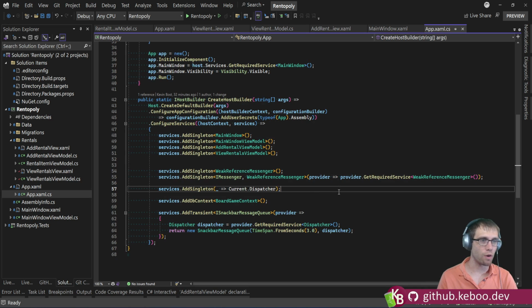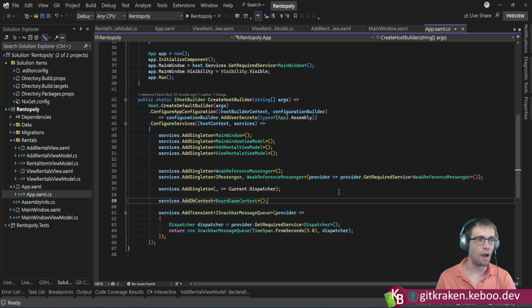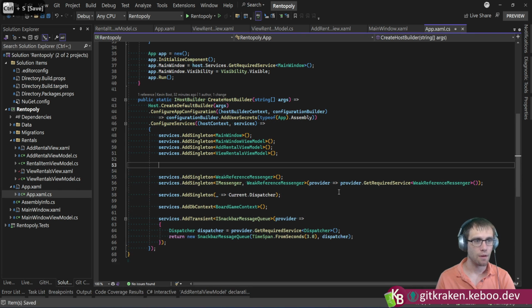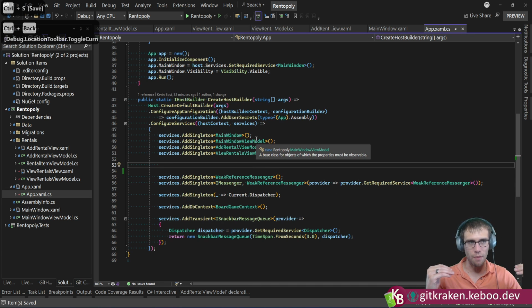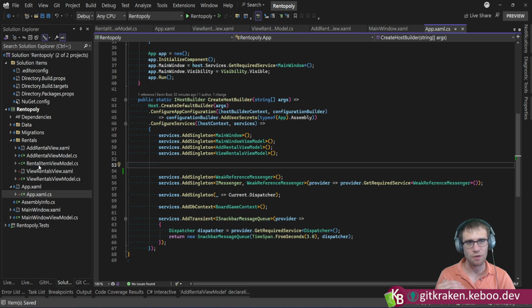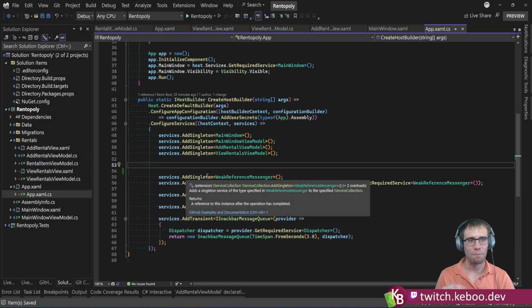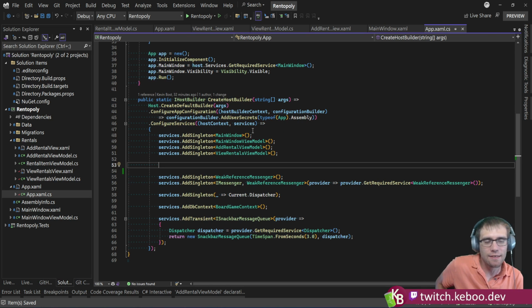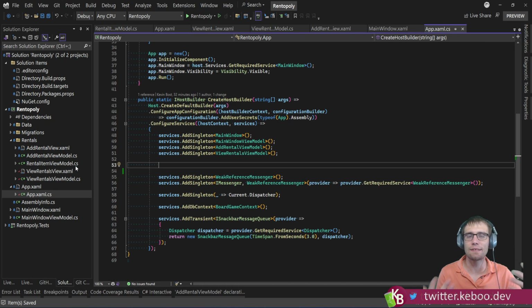Well, in order for that to work, we actually have to register it up, right? You'll note we DI registered our other top level view models, but we never DI registered this rental item view model because the DI container was never actually resolving it. No one was ever asking in their constructor parameter for a rental item view model. That thing wasn't ever a dependency of anything else, but the creation of it could be a dependency,